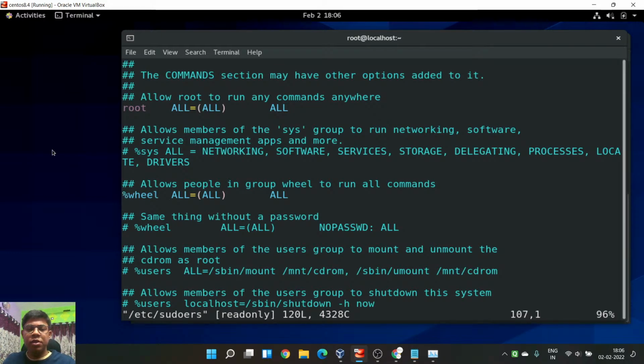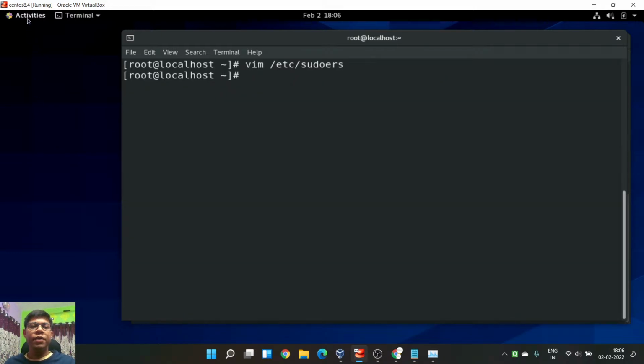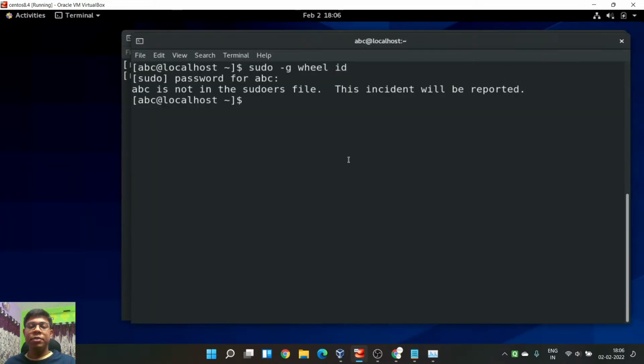Wheel is there actually. Allow people in group wheel to run all commands. So it should work, but okay.